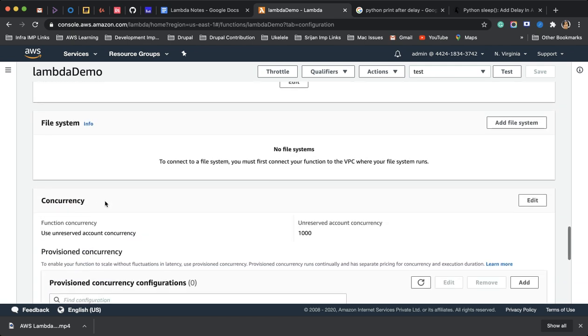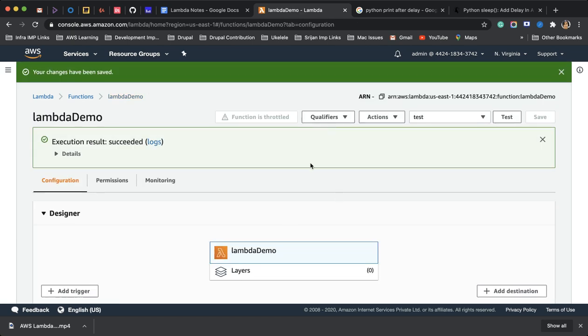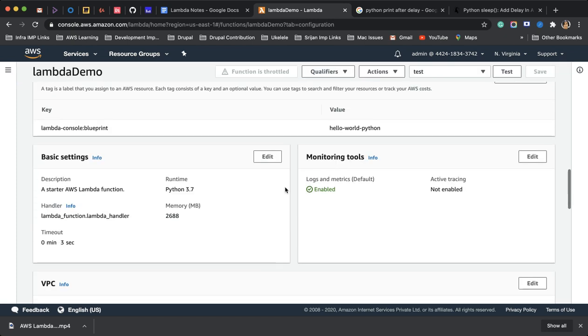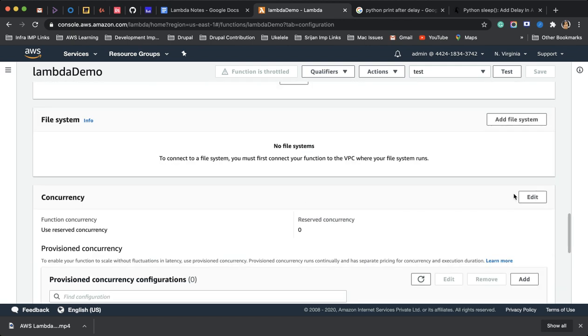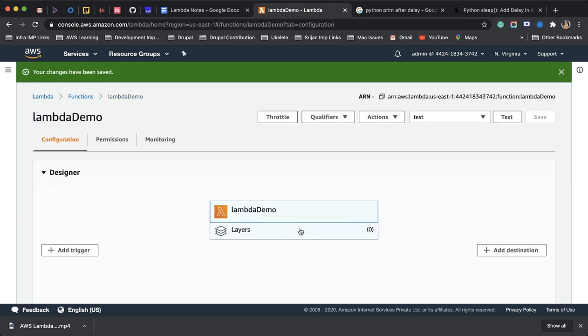Then we have already talked about concurrency, so we can check concurrency of our lambda functions by setting it to, let's say, 0. We should ideally not set it to 0, but let's set it to 0 to test how it works. So I have set it to 0. I cannot test or send another request because it is telling me that the function is throttled. So we can set or check the throttling of our function. I'll keep it to something more reasonable, 20, let's say.